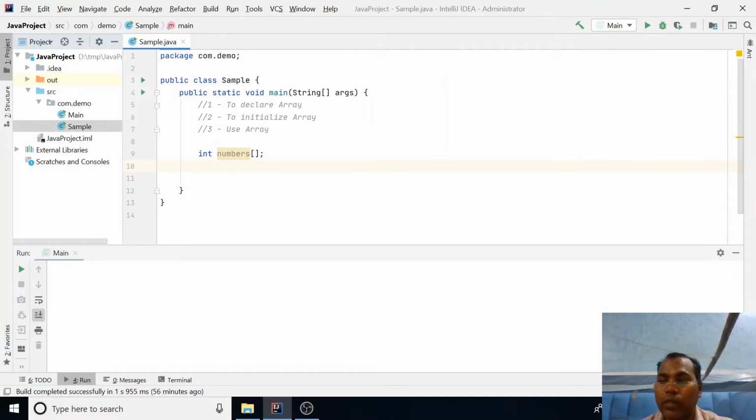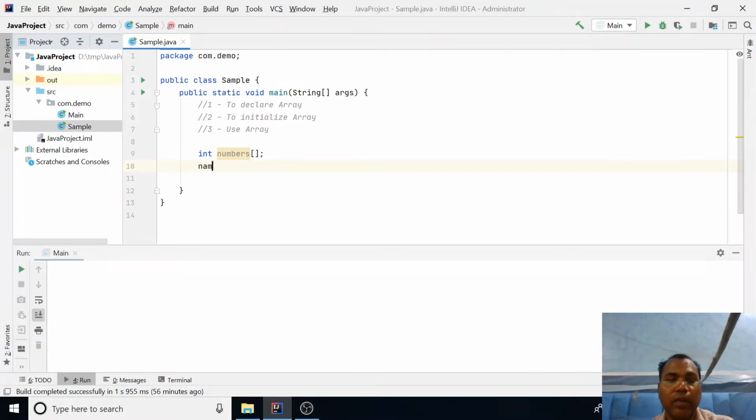So this is one basic limitation of an array: initially you have to define the element size, how many elements you are going to store. So while declaring your array, you can give the size.